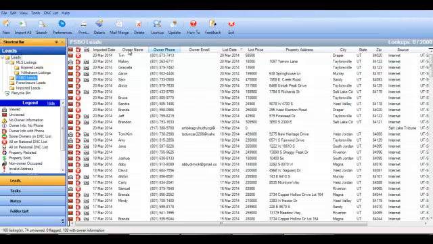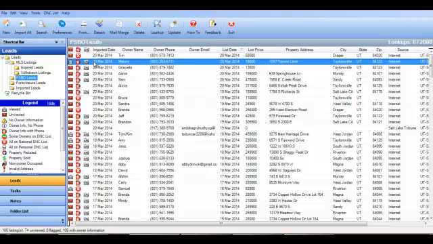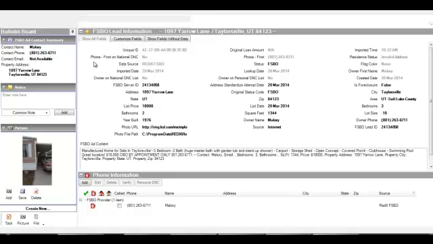So what you do is you simply open up the website or open up the software, and it is a software that actually sits on your desktop. As you can see, these are the leads I have not gone through yet today. If there's a telephone, that means their phone number is not on the do not call registry, so I can call them directly. If there's an X, that means they are on the DNC list, and there's other ways to follow up with them. So we'll go ahead and click through this lead just to take a look at it,